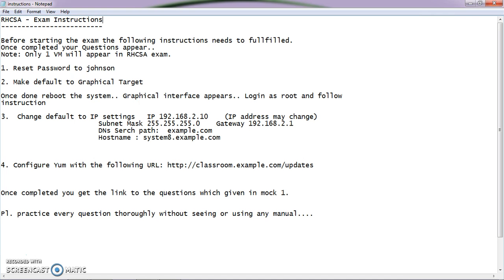See here the IP address is 192.168.2.10, with the netmask 255.255.255.0 and the gateway address. The DNS search path is example.com, and the hostname is system8.example.com. So we will be accordingly providing to those areas.